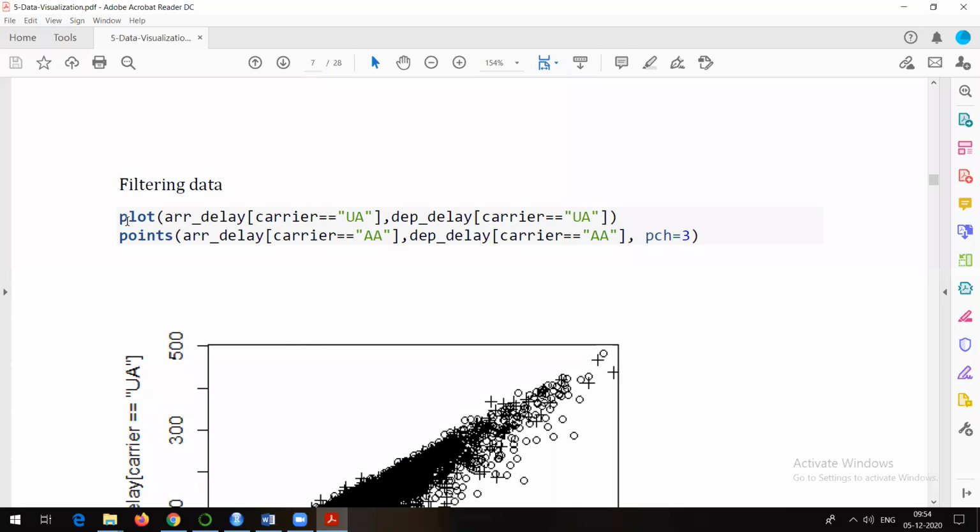I think this graph will be, see, arrival delay where carrier is equal to UA. Now there are 9 carriers in our data set, United Airways and so on. So if you want a data set of a particular carrier, you can filter the data like this: arrival delay and carrier equal to UA. As I told you, there are 9 carriers, but I want to see the information about United Airways only. So I can make it like this: